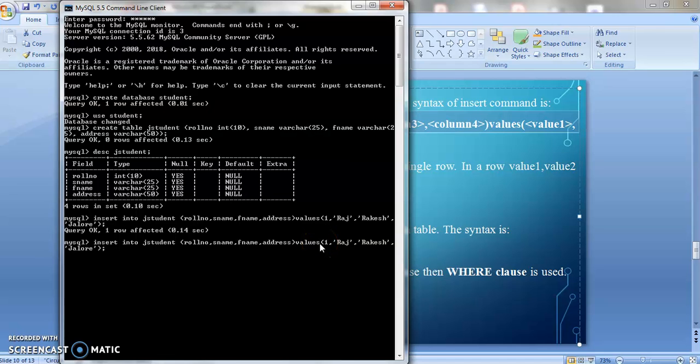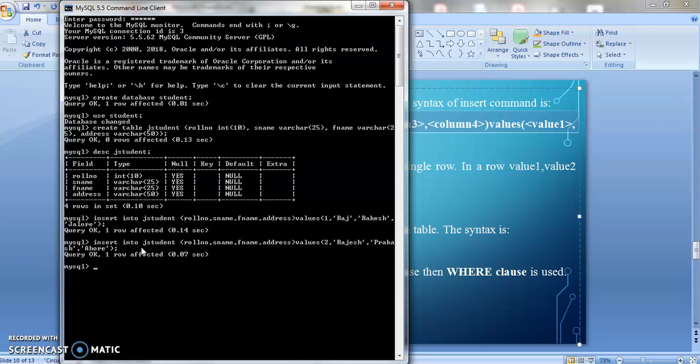Now you have to change the values. For the next student, suppose roll number is 2, name is Rajesh, father name Prakash, and the address is Aho. Okay, and after this we will press enter. See, query okay, one row affected, means we have created 2 rows. First this one, second this one. Now I have created 2 rows.